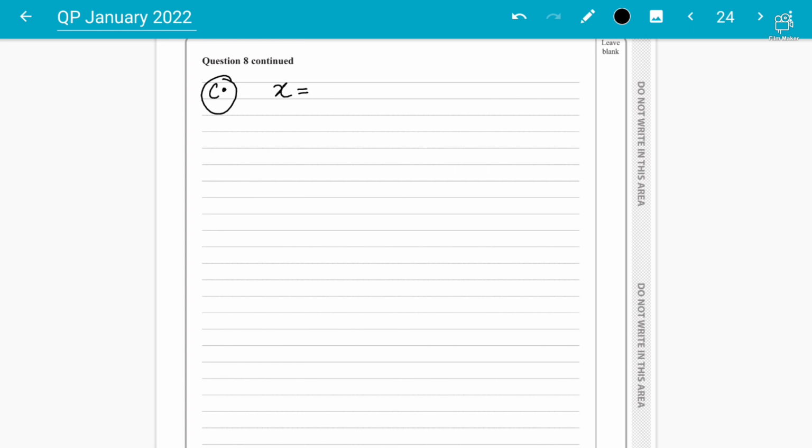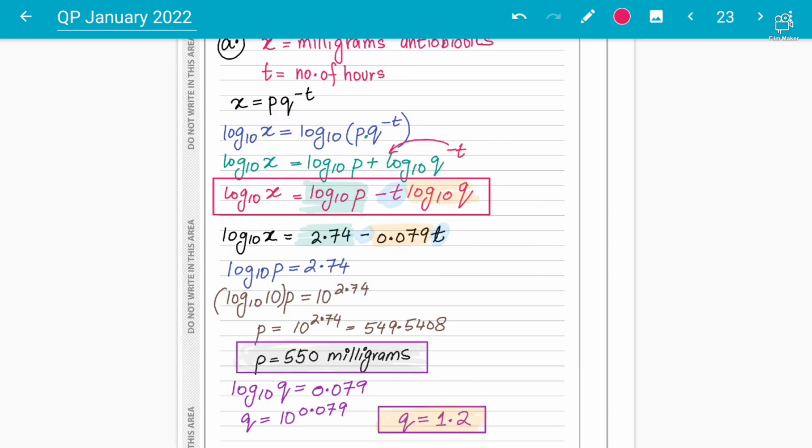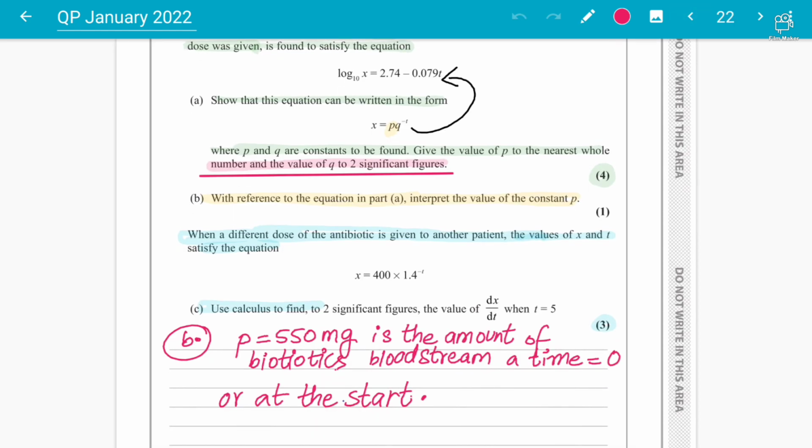x is equal to 400 into 1.4 power minus t. So I'm going to explain to you how you differentiate dx over dt with the help of the book as well. And students need to understand that these are very important questions as well. How do you do the calculus in this type of question? Okay,